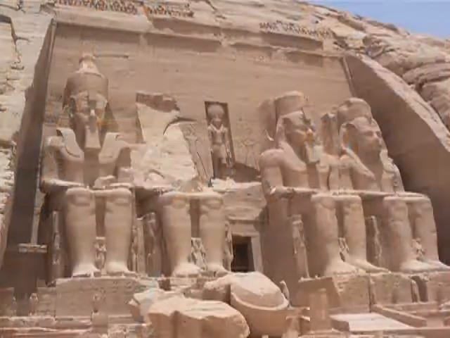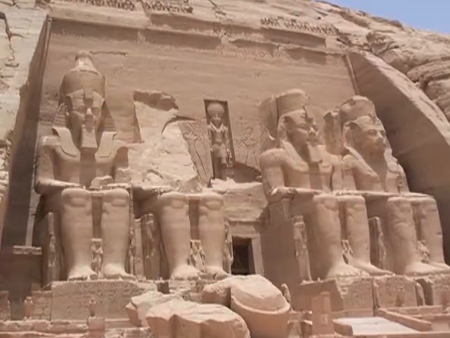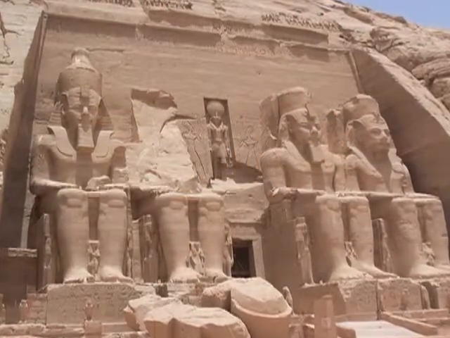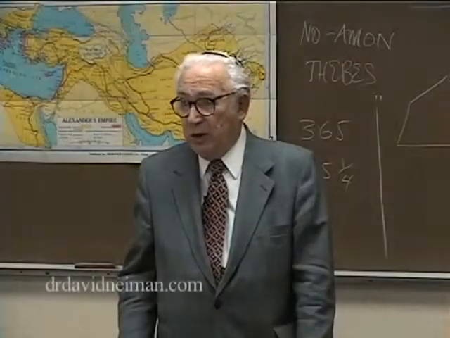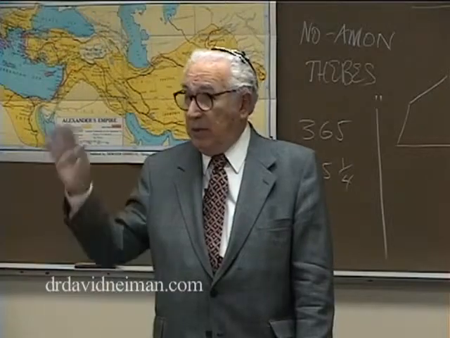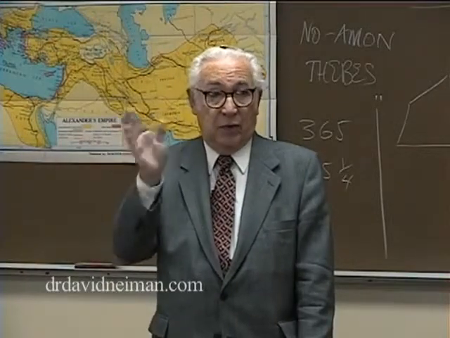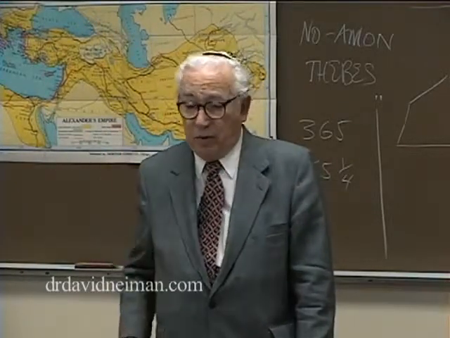But, you know, when it comes to Ramses II, there's so much of his stuff around, because Ramses II ruled for 67 years. He was on the throne, and he had a lot of time to say, make my statues, you know, one after another all over the place in the various forms.